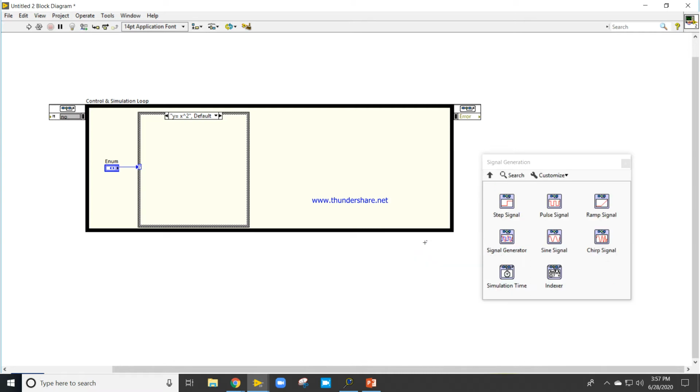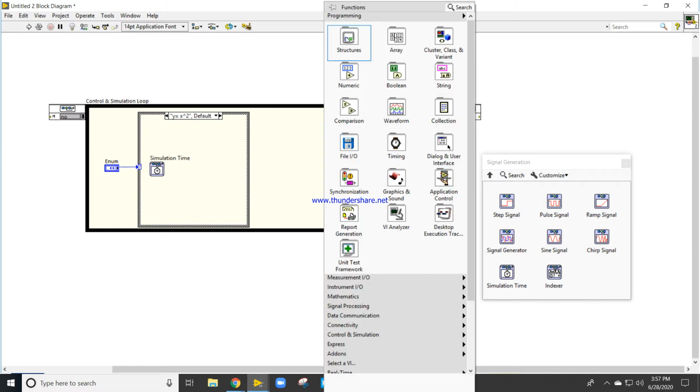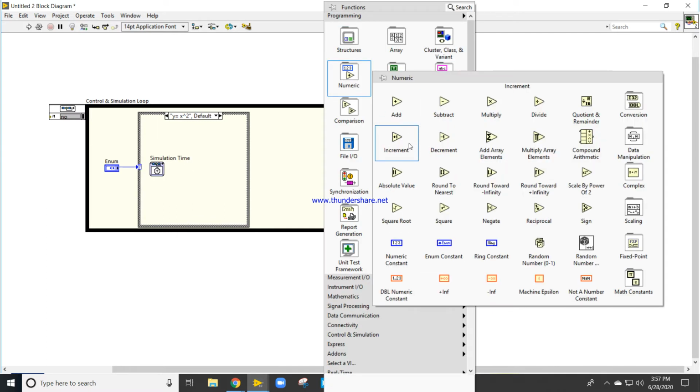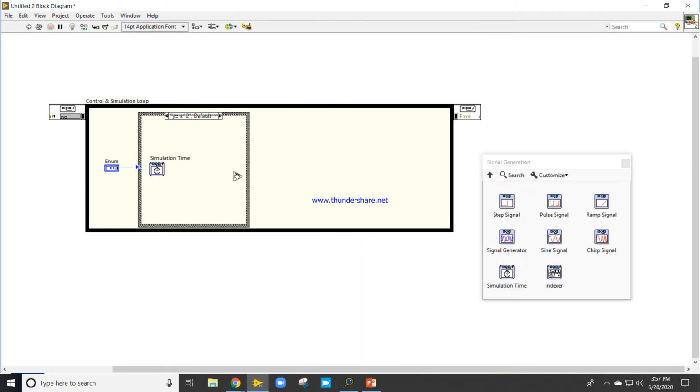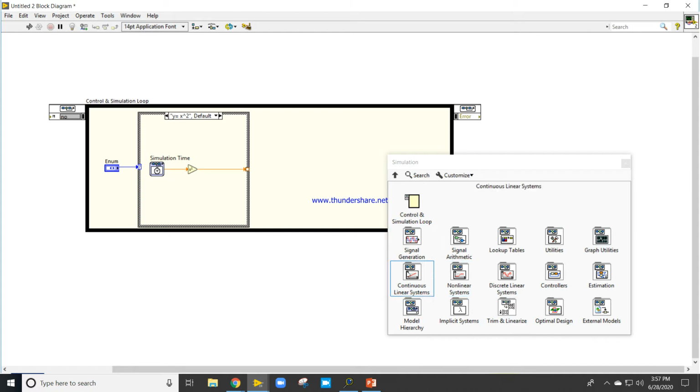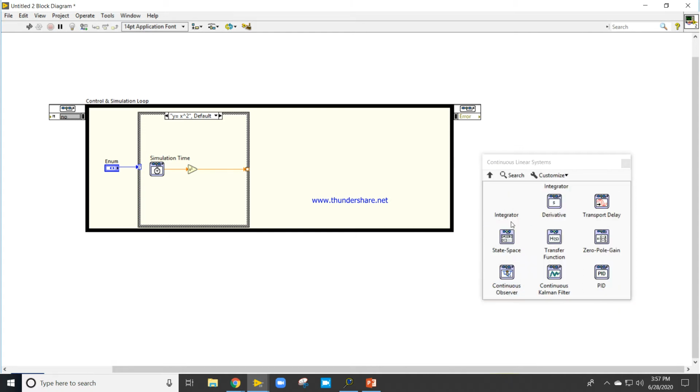In signal generation there is a simulation time. Take this simulation time, right click, come to the numeric, take square function and pass it. After that right click, come here, continuous, take a derivative, connect here.